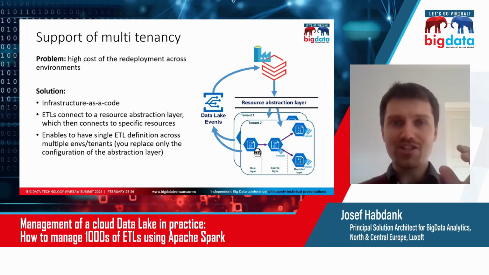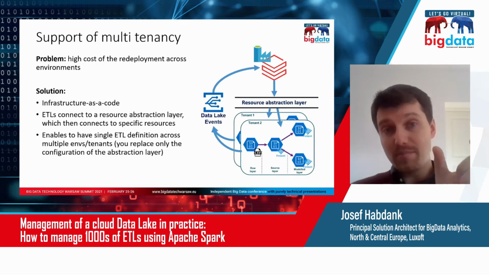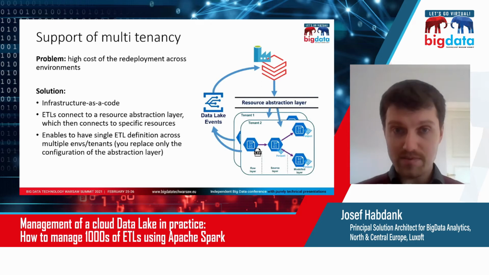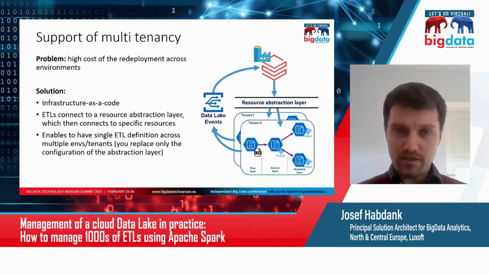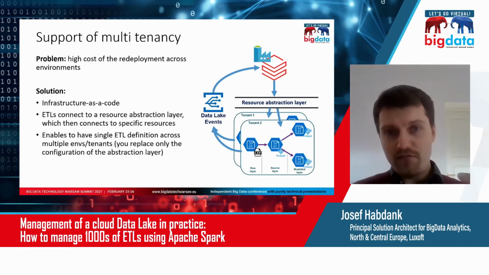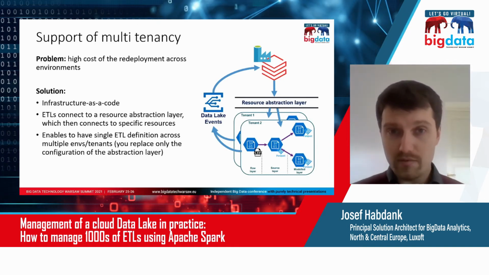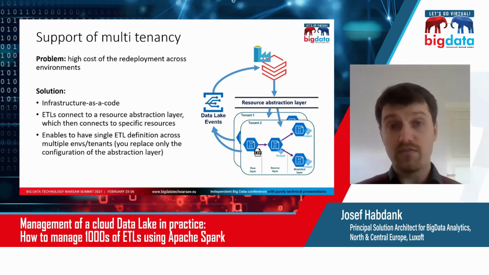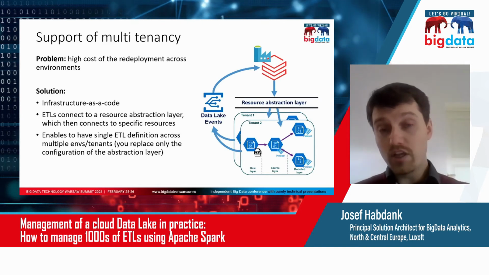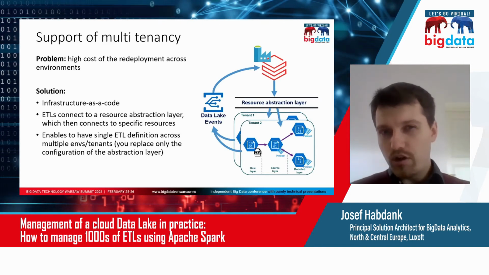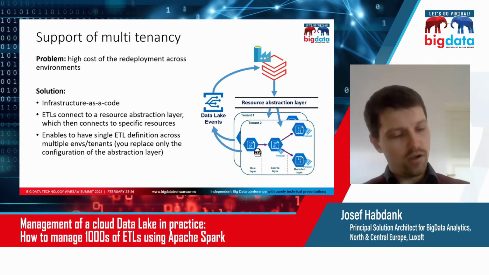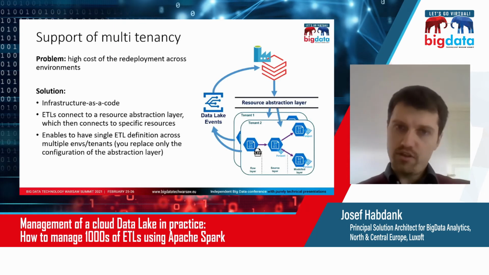What we're doing is we're not doing that. We actually have fixed, we're saying, you're going to be talking with this abstract database, and you'll be moving the data to this abstract destination. And underneath it, we have a resource abstraction layer, which basically redirects the traffic to the right place. And there's a really, really good reason for doing it that way. This means that the DevOps guy who's going to be working on a new environment doesn't have to understand all the components that are there. He just rewrites the abstraction layer. He just says everything, all the database that is called raw, point here.